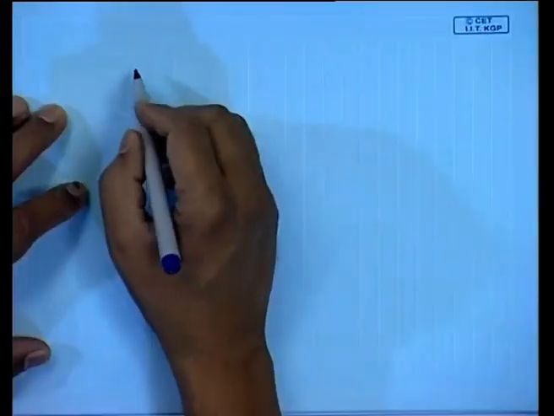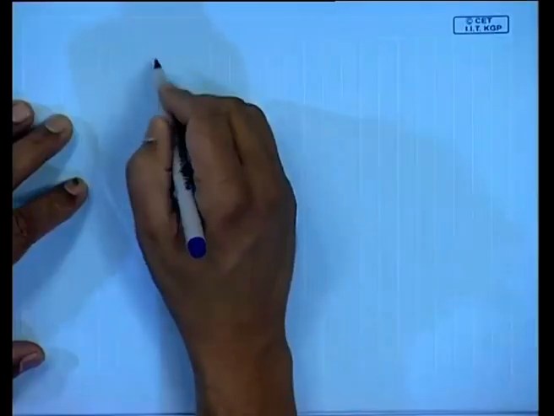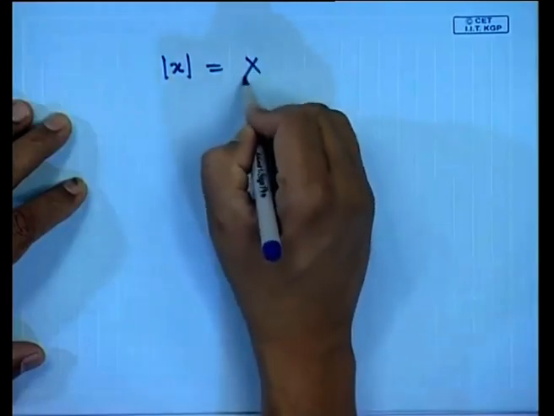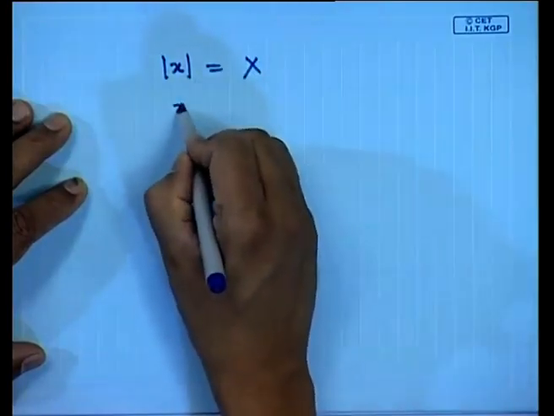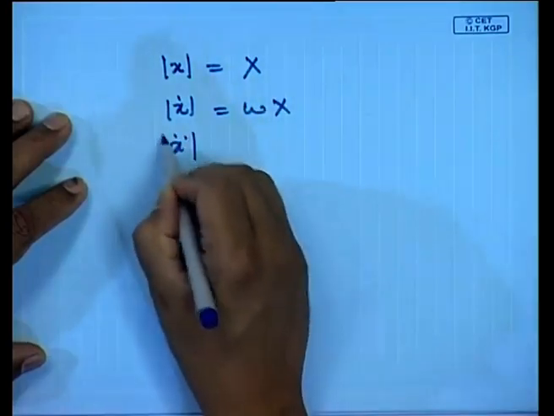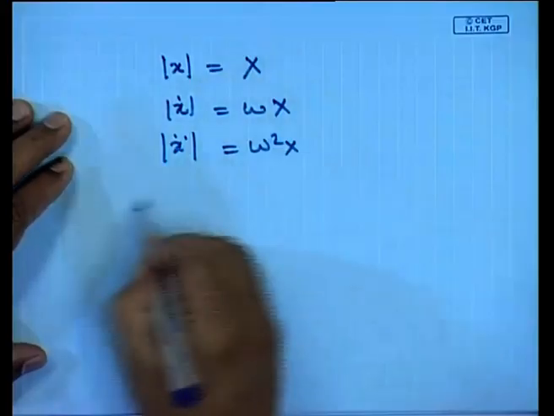Another important relationship which I had told you about is something people always ask. In fact, I get asked this question every time I teach a short course: what parameter of vibration should we measure? Is it displacement, is it velocity, is it acceleration? Well, to answer this question, if I look at x, it is capital X, the magnitude of the displacement. The magnitude of the velocity is omega x, and the magnitude of acceleration is omega square x, where omega is the